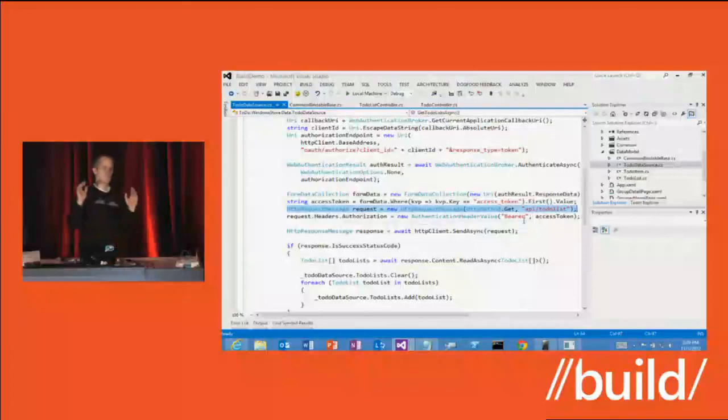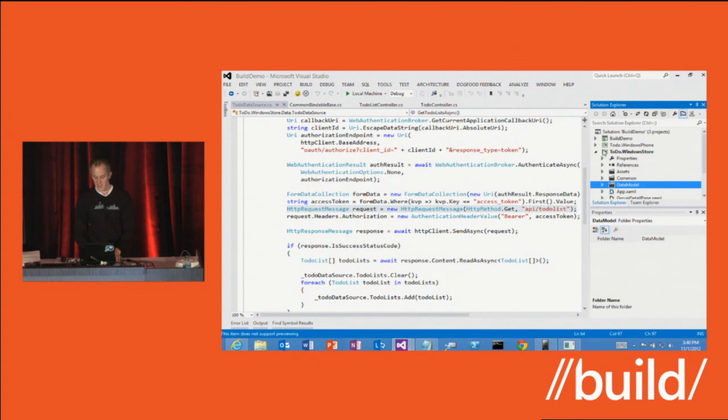Now, security is a bit interesting in this scenario because the browser was using forms auth, right? It did a form post, and it got a cookie back, and that's how security was being managed. Using form posts and cookies from a Windows Store application, from C#, not the most ideal situation. So what I did here is actually next to the web API, in the single page application, I also implemented a OAuth 2 authorization server.